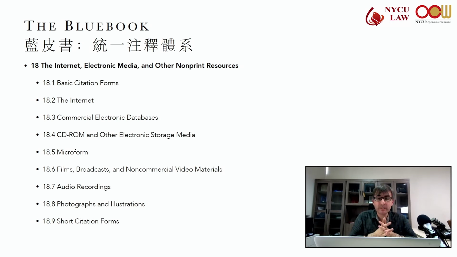Microform. This is Rule 18.5. In general, if it's reproduced in microform, you really don't need to indicate that fact because microforms are kind of snapshots of actual documents, actual materials. So you would be using the citation to the actual material.